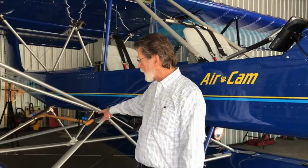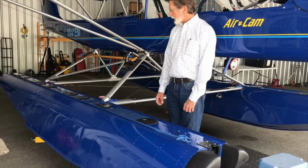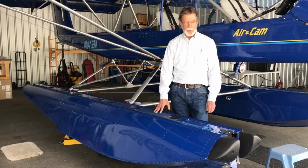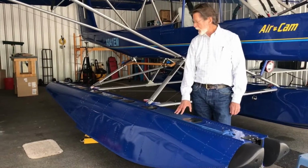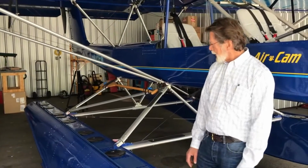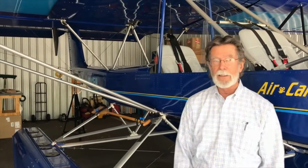So I designed all of this attach hardware that you see here that connects the airplane to the float. Bought a kit. These are Montana 2200 floats that are offered in a kit from a manufacturer in Libby, Montana. And then I put together the first set of floats and attached it to an airplane, and that's what got us started